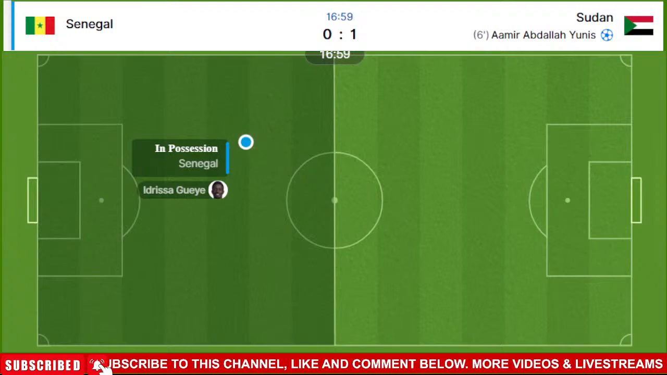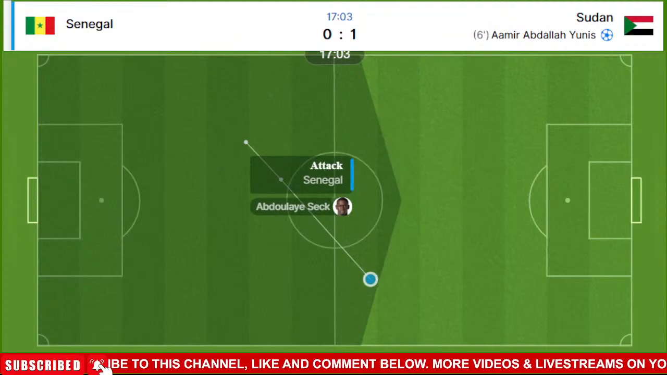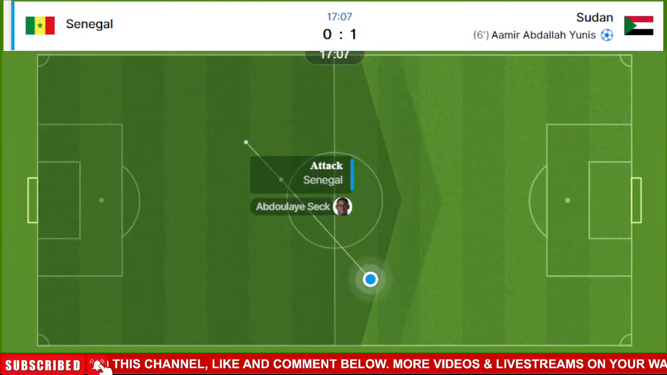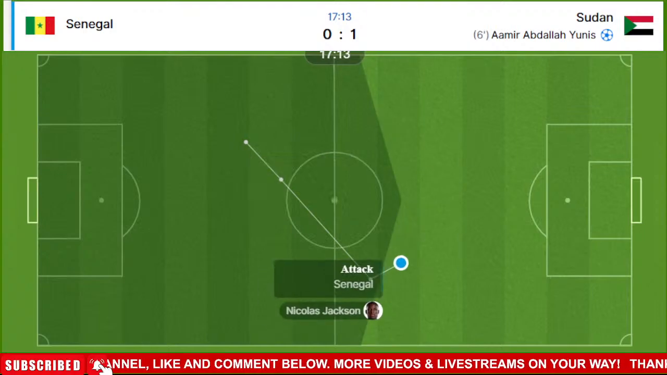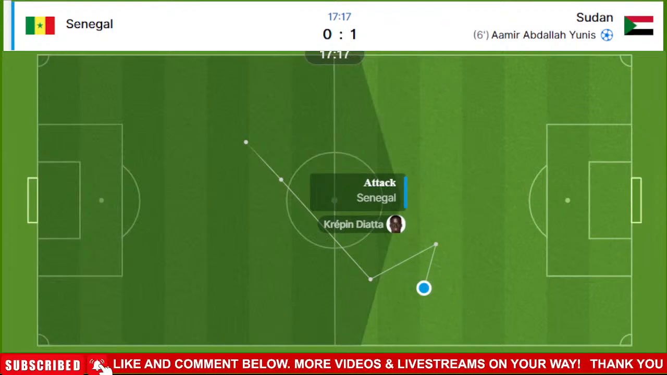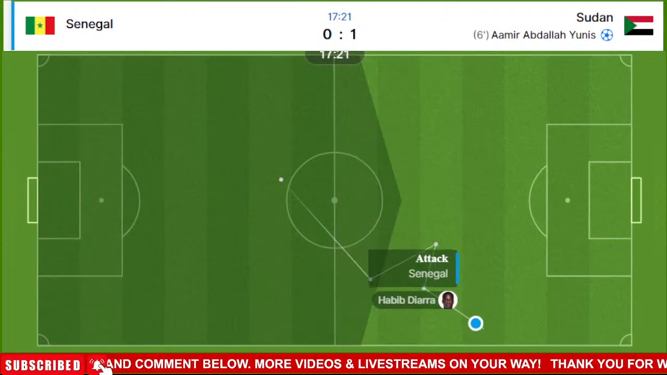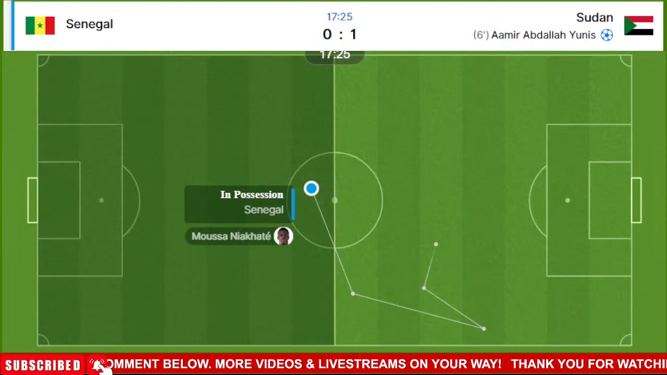And now the ball is at the feet of Edouard Mendy. Over to the right hand side it goes. Fired forward over the top, and ball headed down into the feet of Ismaila Sarr, but the last touch was off a Sudan body, so it will be a corner now to Senegal. The quarter of an hour played in Tangier,